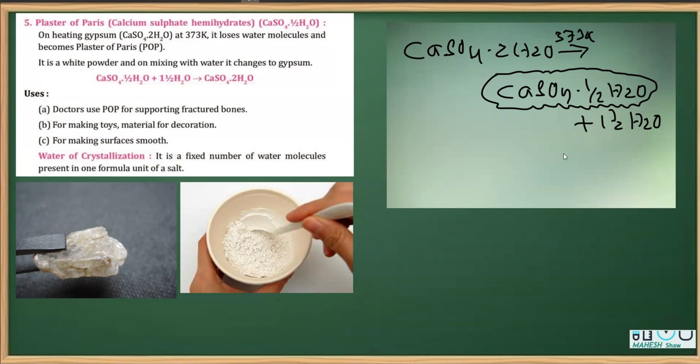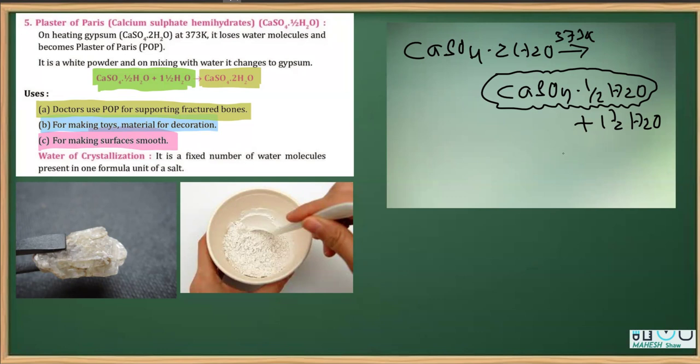So this is the property of POP: when it is mixed with water, it absorbs 1.5 water molecules and turns into a hard substance, that is gypsum. And therefore, it finds its application in medicine, that is doctors use it for supporting fractured bones. The same property is used for making toys and materials for decorations, making statues. Further, we also apply it on the walls of houses to make the surface smooth. These are the three important uses of